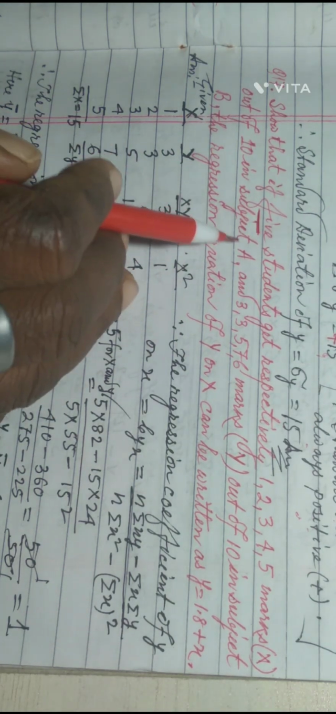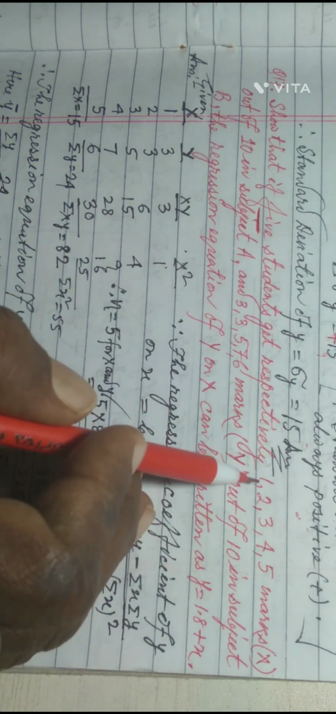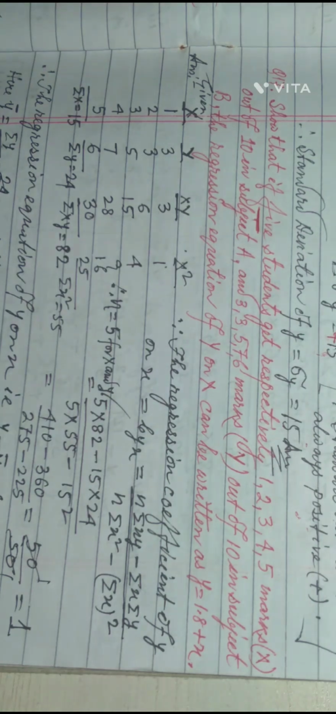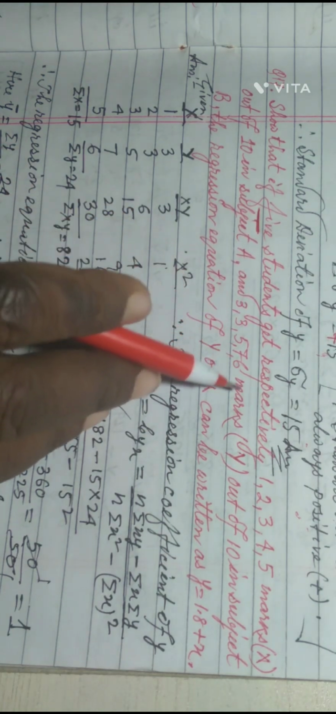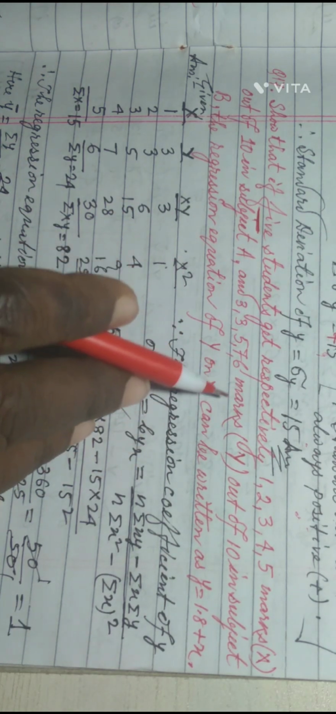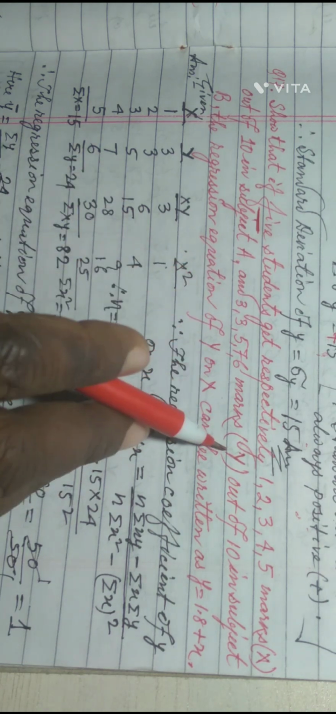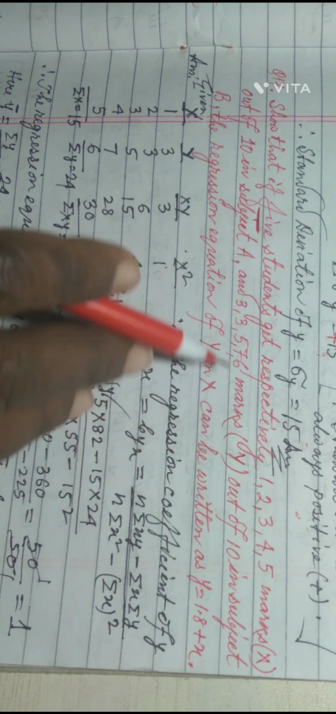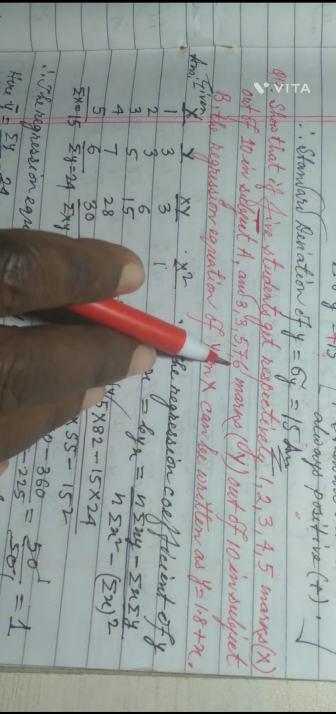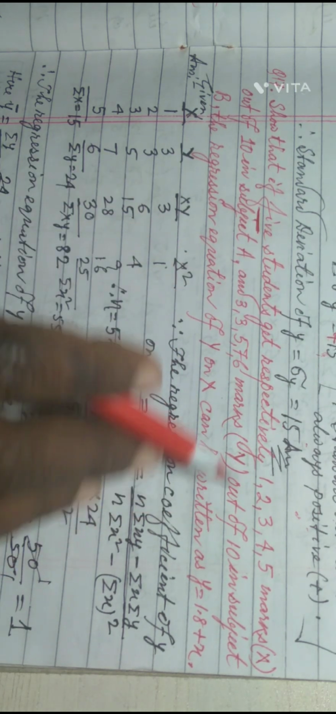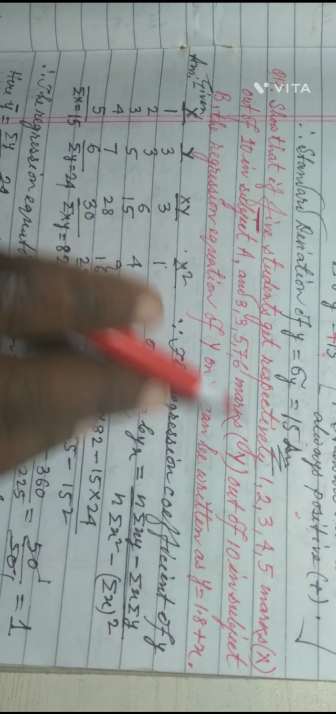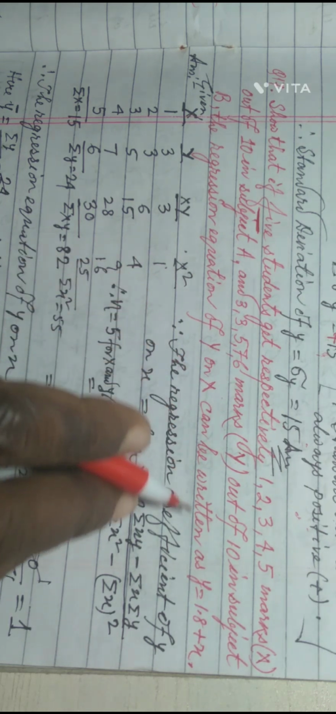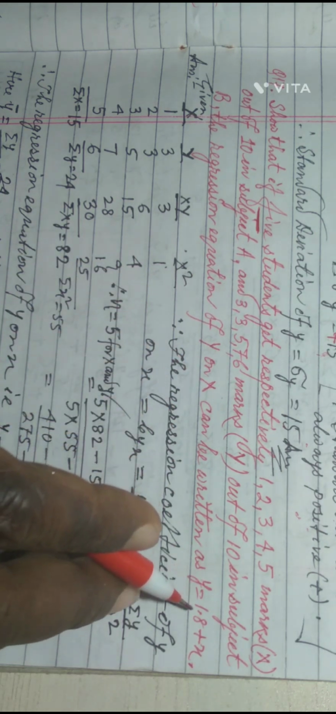The exam was out of 10. Five students, what marks did they get in subject A? 1 out of 10, 2 out of 10, 3 out of 10, 4 out of 10, 5 out of 10. And 3, 3, 5, 7, 6 marks represented by y. The second marks, the marks of subject B represented by y: what did they get? 3, 3, 5, 7, 6 out of 10. The regression equation of y on x can be written as y equals